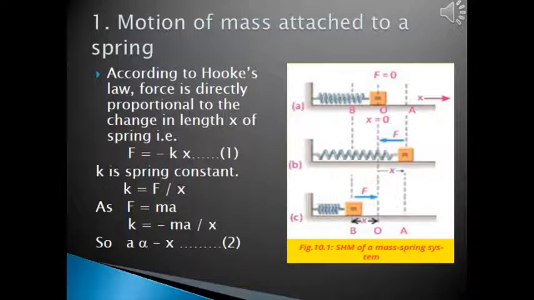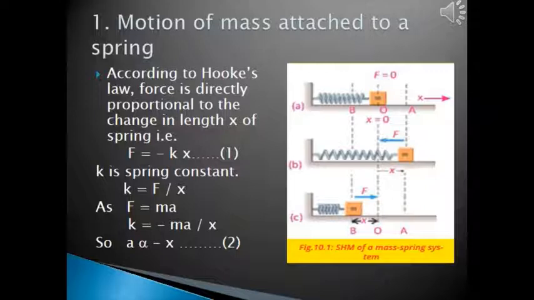See the arrows given in figure 10.1. We have applied the force. The spring is moving in the x direction towards the right. When we leave it, it will move towards the left side. k is the spring constant, which also measures the stiffness of the spring. It varies with the springs. We have two varieties of spring, soft springs and hard springs. Hard springs stretch less than soft springs.